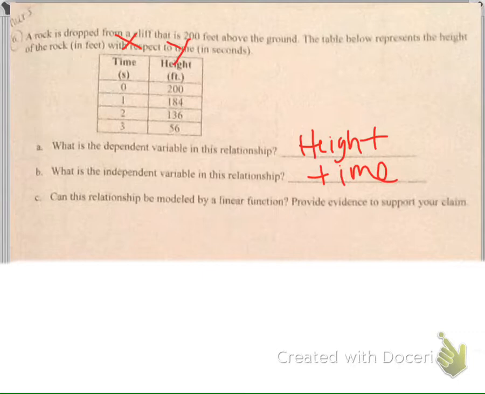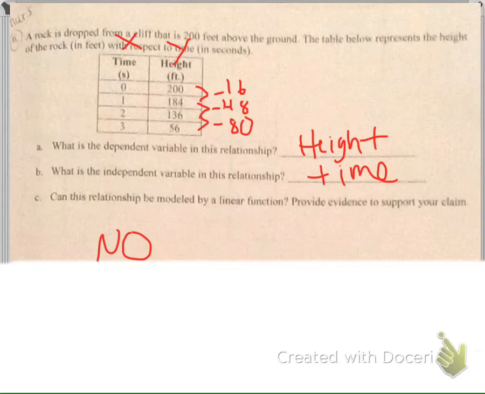And is this linear? So let's put in some carets. From 200 to 184, that's going down 16. From 184 to 136 is going down 48. And from 136 to 56 is going down 80. So right away I see there is no constant rate, which means no, this is not a linear function,